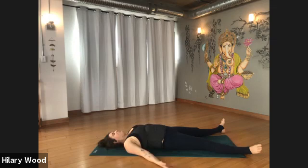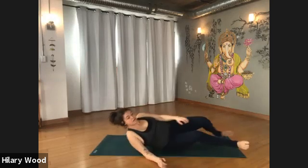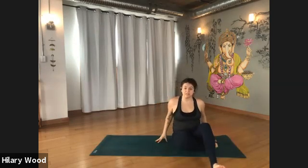So we can allow the energy to flow through the body. Allow the body to do what it does best. And as we give ourselves this time to rest, to digest, we create the opportunity to move back into the rest of our day with that renewed sense of clarity. Of ease